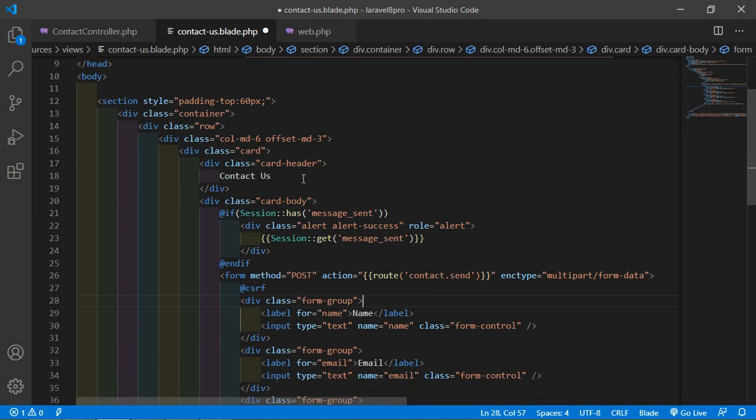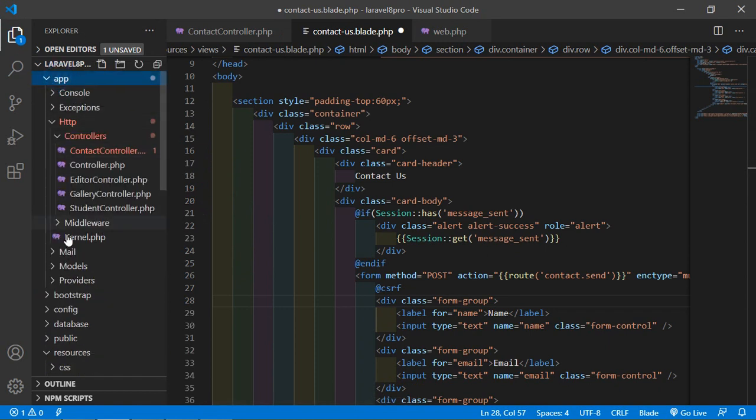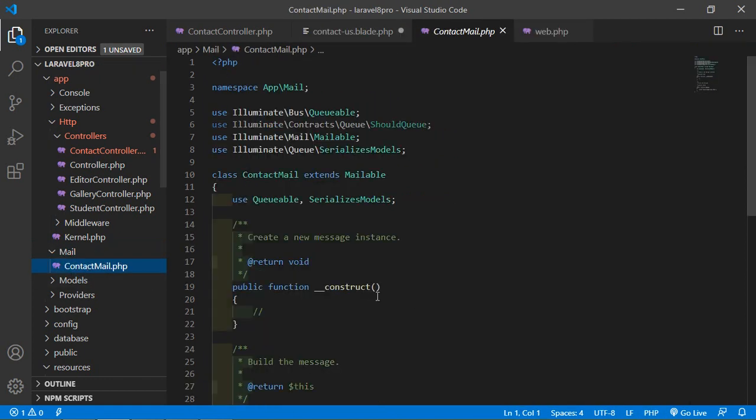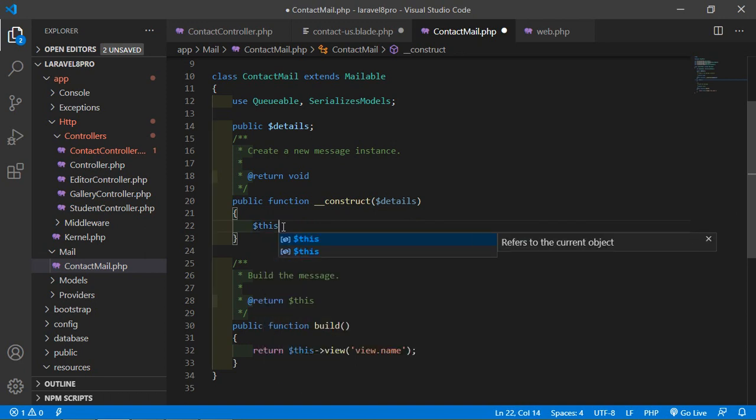All right, now go to the contact mail. So just go to the app directory, then the Mail folder, and inside this Mail folder just open ContactMail.php, and here let's create a public variable. So just write here public $details. And here inside the constructor just pass an argument $details, and inside this constructor method just write here $this arrow details is equal to this variable.